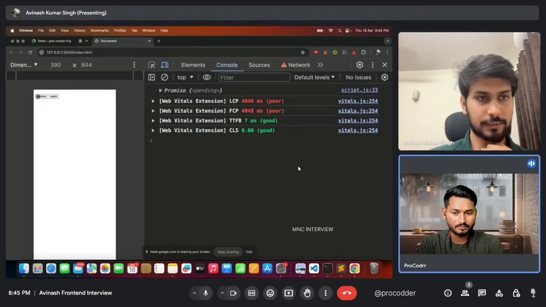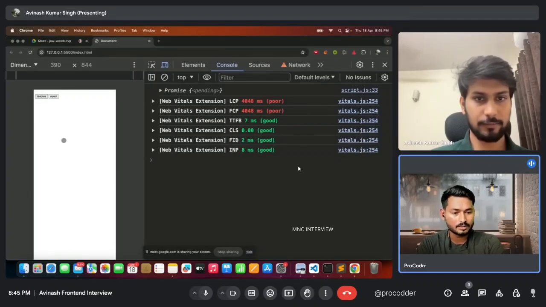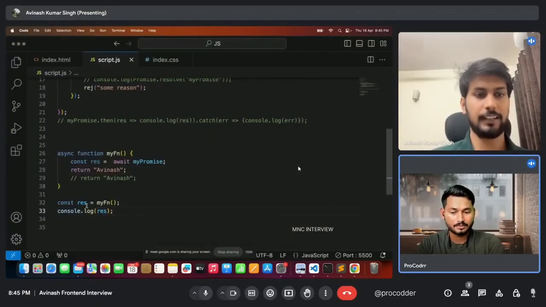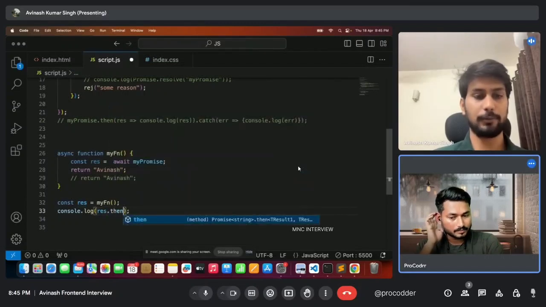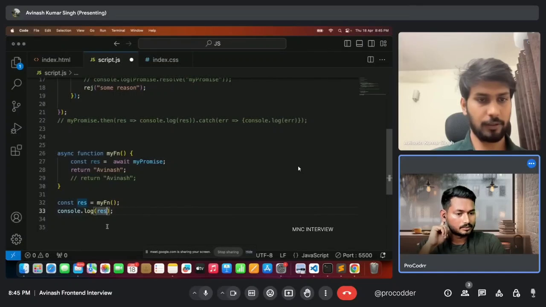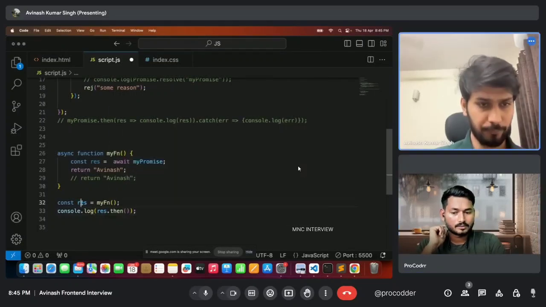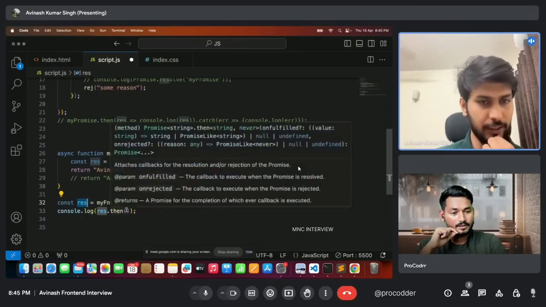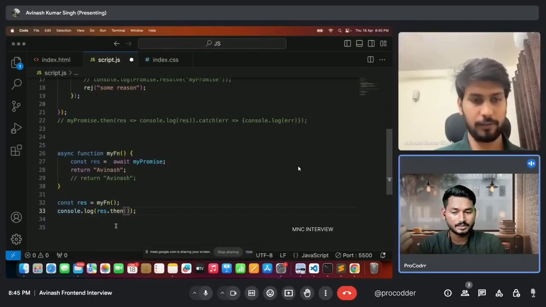If you click on resolve, I think we have, yeah, you can do resolve, but we have not put any console log on resolving. Like this res is a promise. So I have to wrap inside another function and then call that await function, and then res will be consoled. You can use dot then here. Because it is a promise, right? Yeah, exactly. Because res is a promise, you can use then. You can use await.